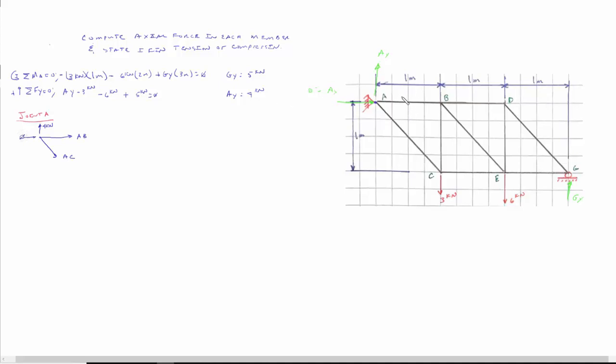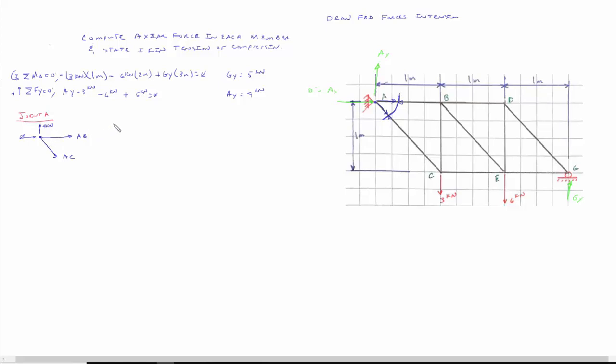Now, if you think about it, I just kind of cut it right here. I'm just cutting it right there, and I'm looking at this force and this force. And we know that this force is acting this way and acting this way. Now, the way I drew this, they are in tension. So I draw the forces in the free body diagrams in tension, meaning it's pulling on this joint, right there. It's pulling on it, so it's keeping this in tension. Now, if my answer comes out negative, then I would know that it's in compression and it's actually pushing back